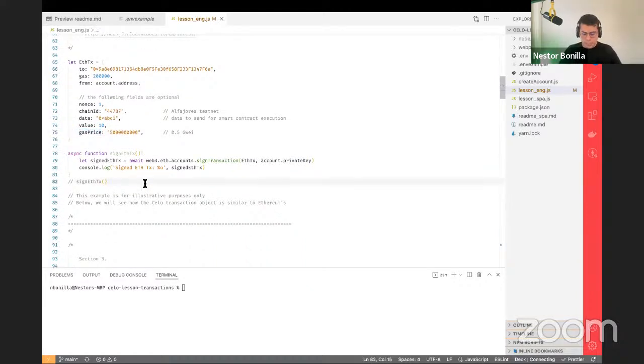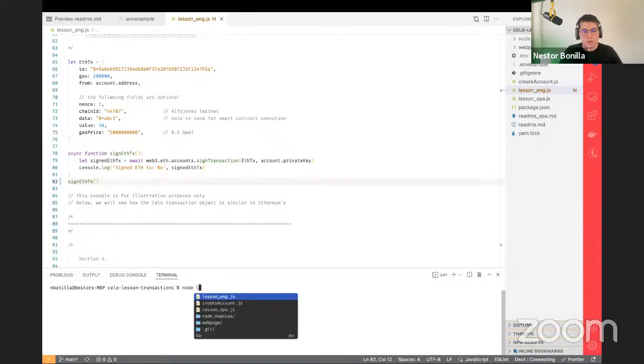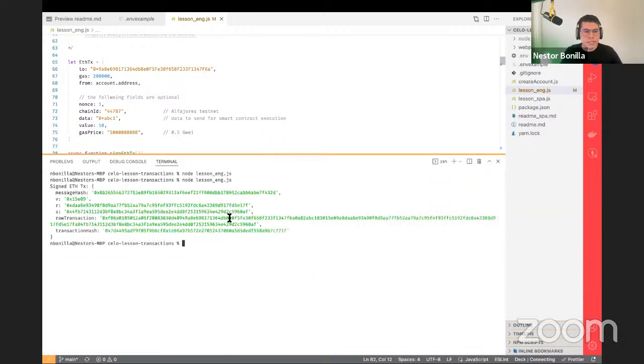So in order to see how a transaction looks, we can just run node lesson. So this is how an Ethereum transaction looks. We have the hash, and we have the raw transaction, which has pretty much everything that explorers dissect to show all the values and all the interactions it's doing, either with an externally owned account or with a smart contract.